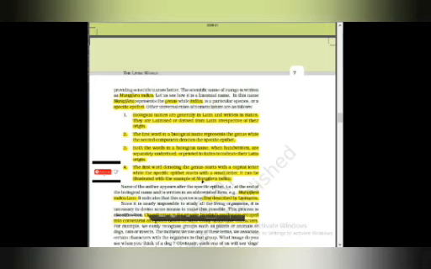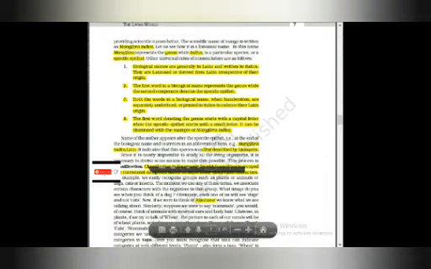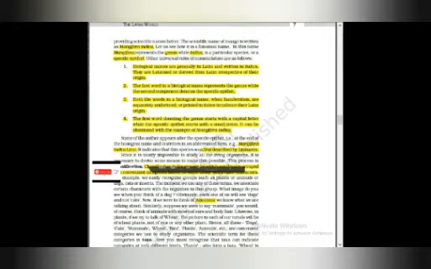In Mangifera indica, Mangifera is the genus part. The word starts with a capital letter. Here, M is a capital. And in the case of indica, the I is small. If handwritten, it is underlined, and if it is printed, it is written in italics. It is also an important point. You should remember that whenever a scientist describes or names a particular living organism that he has discovered, his name, in abbreviated form, is written after the name given to that organism. Like in the case of Mangifera indica, discovered by Linnaeus, we write Mangifera indica Linn.